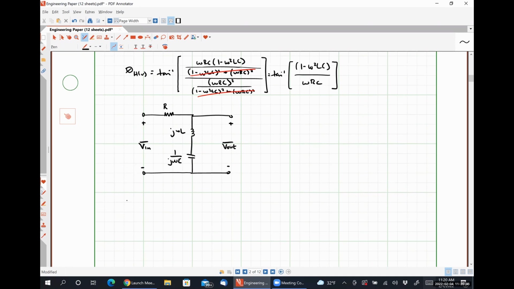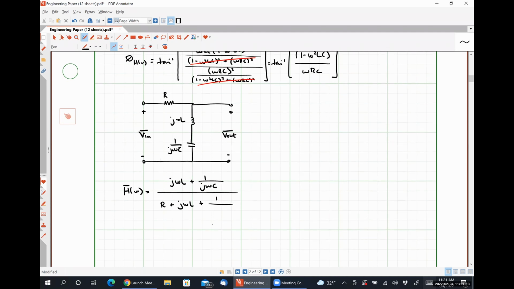And from this, using simple voltage divider rules, we can see that our transfer function is going to be j omega L plus 1 over j omega C, divided by R plus j omega L plus 1 over j omega C. And to clear our fractions, we're again going to multiply by a factor of j omega C over j omega C, which gives me